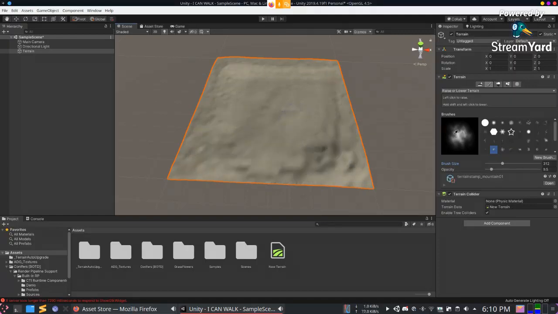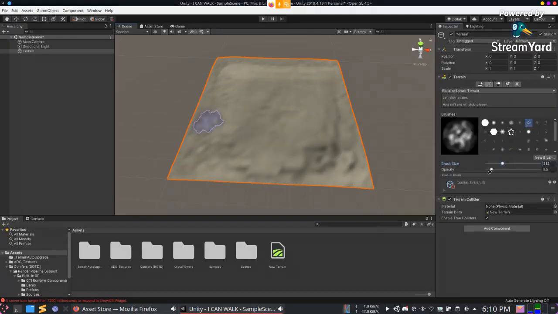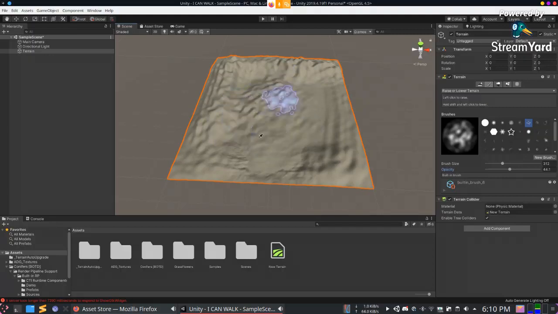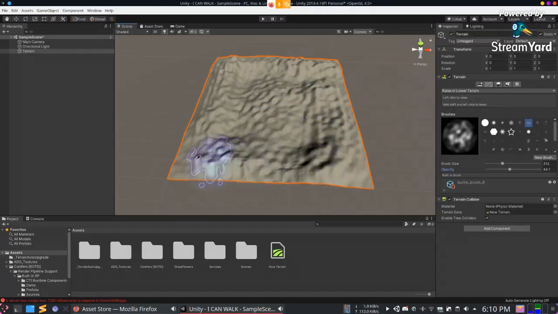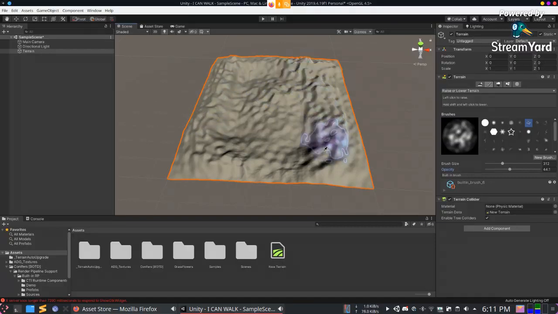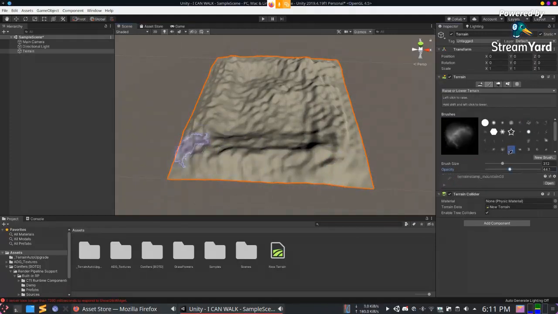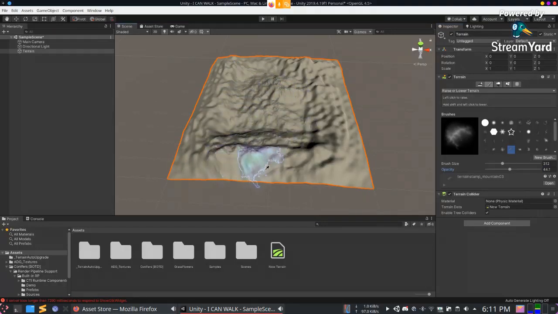Now let's say we want a hilly sort of terrain, so let's increase the opacity. Not really giving it much thought, I'm just doing a random terrain right now. When making a game, think of the game design and whatever would be helpful for the level. Level map design is a very important part.